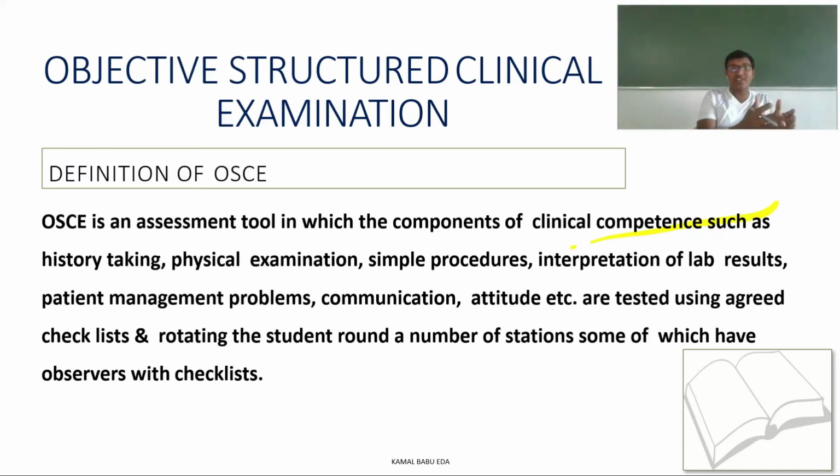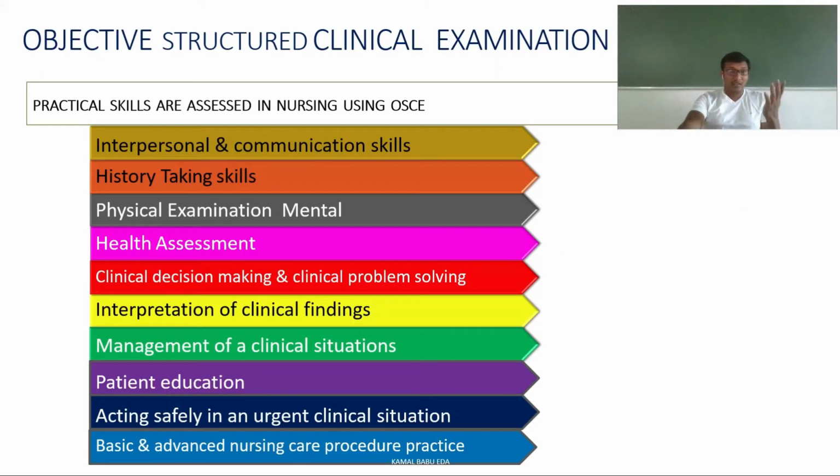In one station they will check the level of history taking technique. In one station they will check the physical examination techniques that you are using. In one station they will see the simple procedures. In the next station they will see interpretation of lab results. The observers are sitting station-wise. You have to go from one station to another, and the observer will have a checklist and, based on what you perform, the observer will give marks. So in this examination, mainly the practical skills are assessed during nursing,